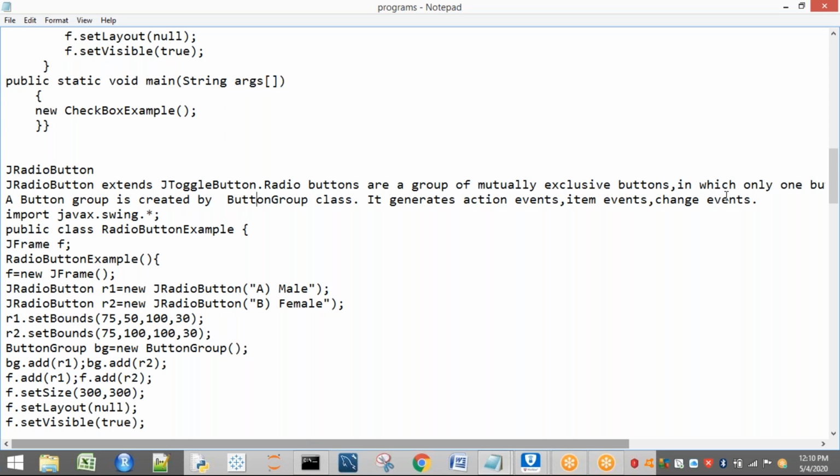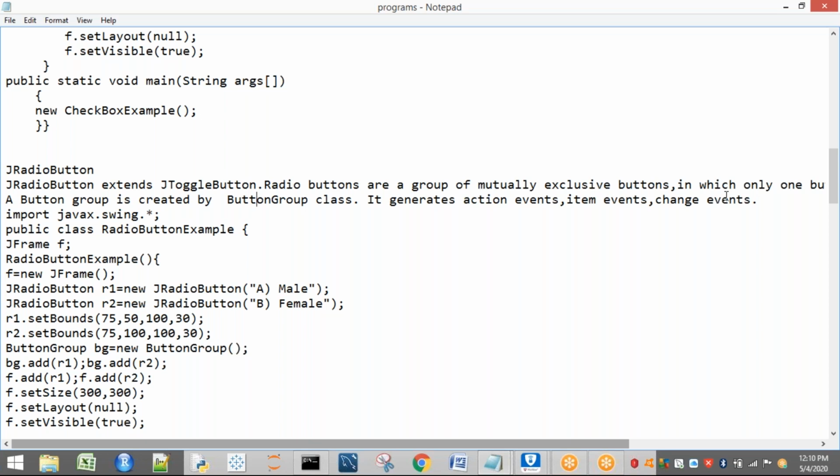For example, when there is only one thread, no need of talking about synchronization; if multiple threads are there, then we have the concept of synchronization. In the same way here, if buttons are separated individually, there is no need of mutual exclusion, so we group all the buttons by using the ButtonGroup class.